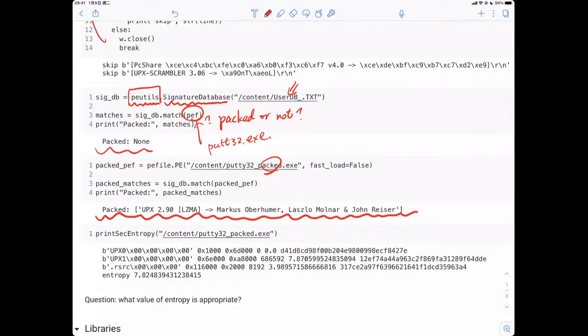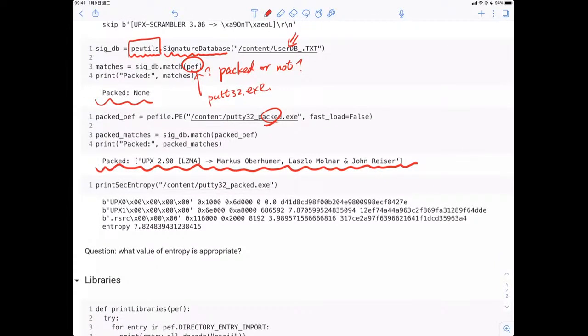So basically, you can download a reference file from the internet and feed it to PE utilities, and PE utilities can help you identify whether the PE file is packed or not.